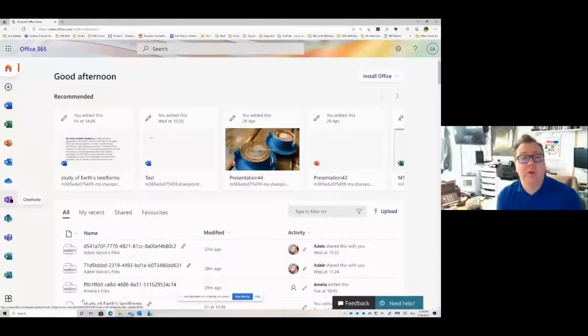OneNote is your digital workbook that has accessibility built in. It's an amazing product that has the ability to have pictures, audio, dictation, Immersive Reader. OneDrive, your terabyte of storage, has Immersive Reader. Outlook, again, has Read Aloud. We have PowerPoint that has Immersive Reader, captions. It has,